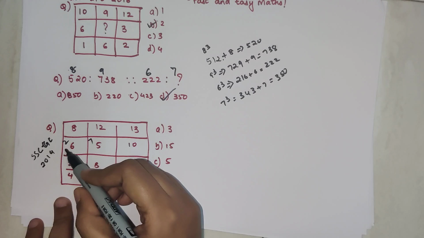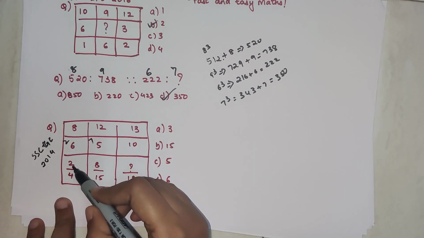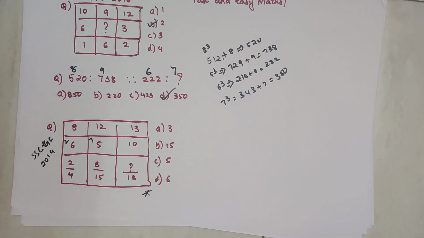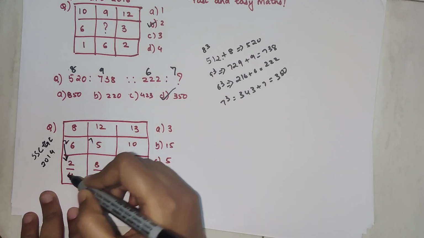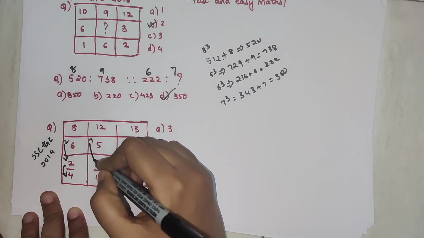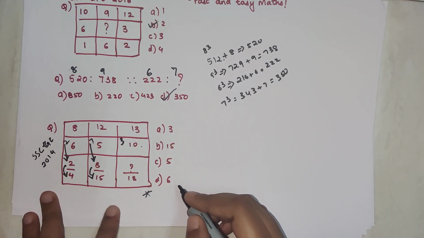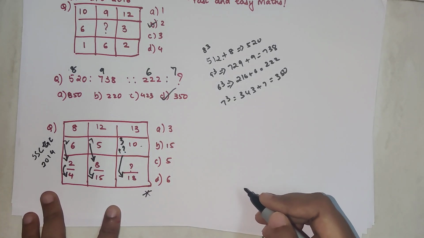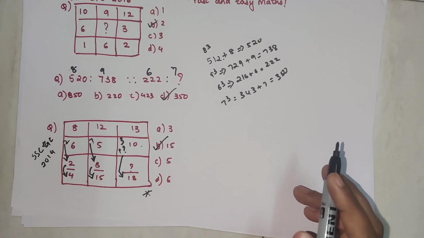Now understand, if this was 2, you could have taken this 2 here. It is written over here, so you take this as your numerator. But here 7 cannot be taken as your numerator because the numerator over here was 8. Now in this case, if you add 2 and 2, you will get 4. If you add 7 and 8, you get 15. So here your difference is 3. So you should add 13 to what to get 18? Yes, you're right. You should add 13 to 15 to get 18. So your option is option B.